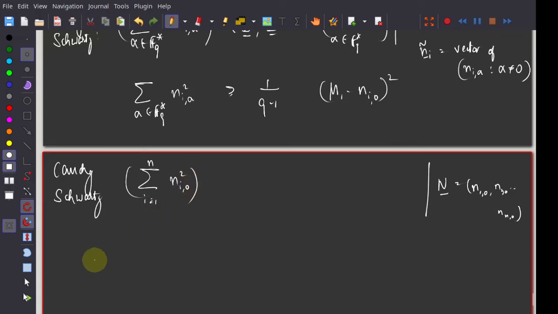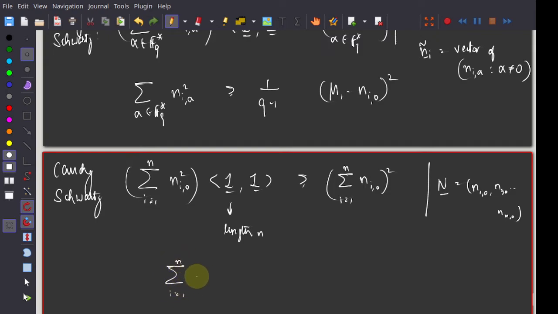So this times the inner product of the all ones vector with itself, which is n, is greater than or equal to summation ni0 the whole square. So summation i equal to 1 to n of ni0 square is greater than or equal to 1 over n times